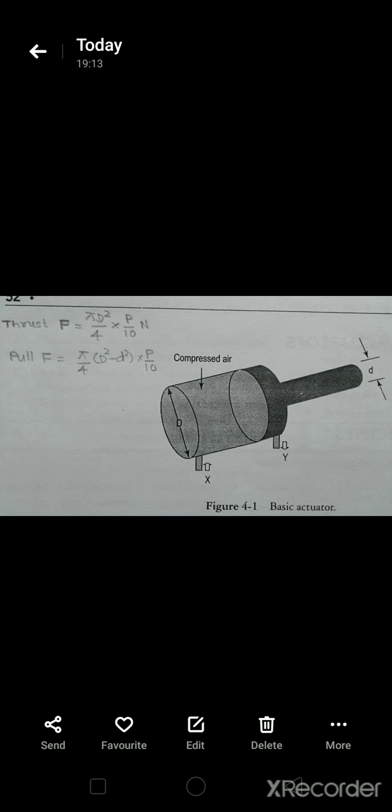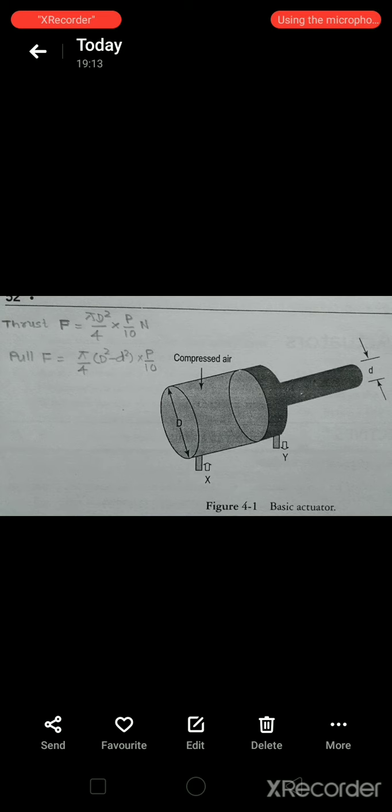Generally, pneumatic actuators can be categorized into two basic types: linear actuator and rotary actuator. Linear actuators convert pneumatic energy into straight line mechanical energy, whereas rotary actuators convert pneumatic energy into rotary mechanical energy. The basic linear actuator is a cylinder, as you can